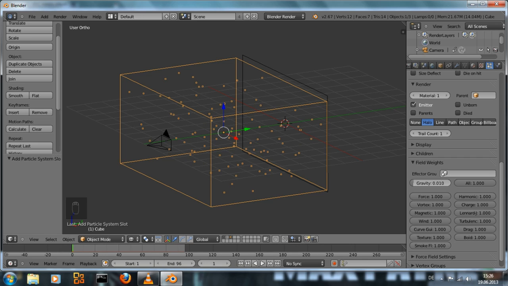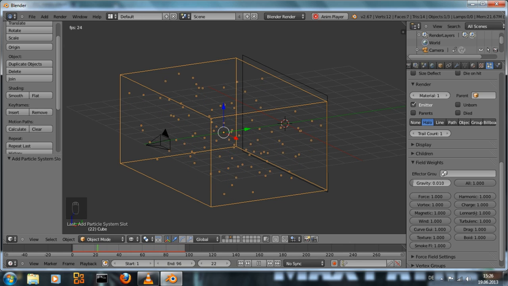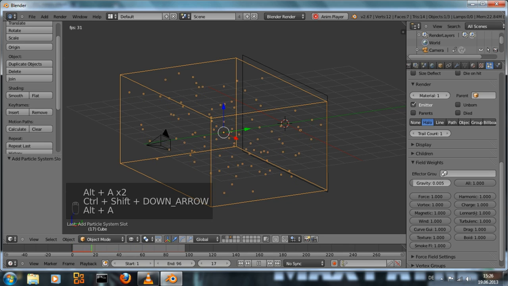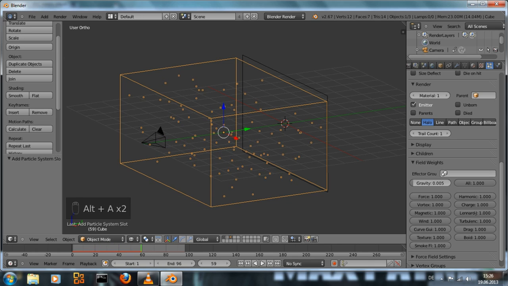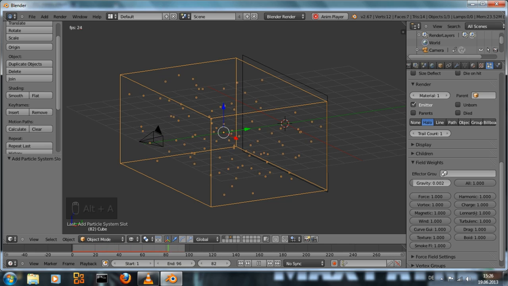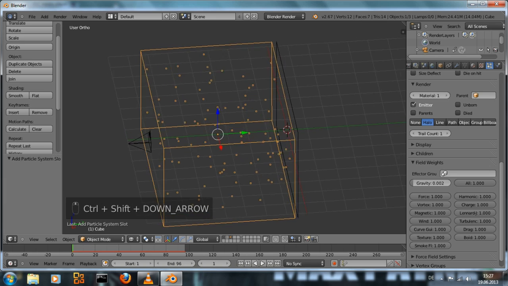And now if we play back the animation, we can see those particles fall very slowly. Maybe even a bit less gravity. Still a bit much for my taste. Let's say, yeah, that looks good. The particles are falling slowly, but in order to make this movement a little bit more